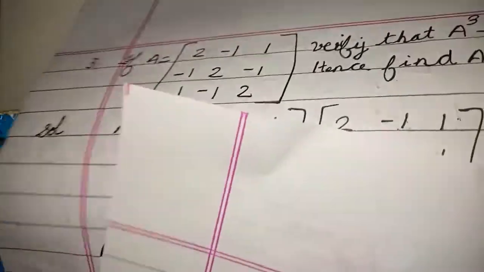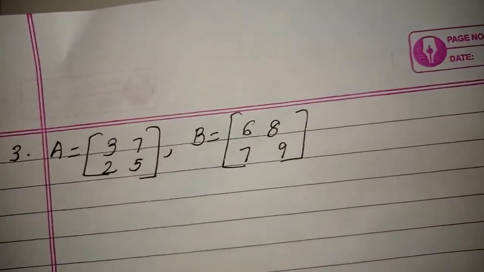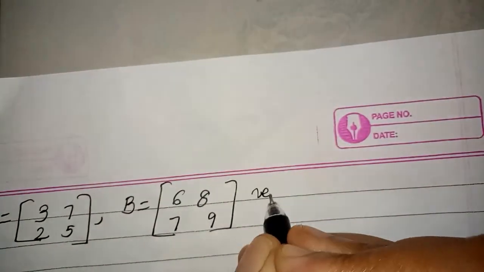Let's solve one more problem. So we'll finish with the exercise. The problem is the third one. Let A is equal to [3, 2; 7, 5]. Let B is equal to [6, 7; 8, 9]. You have to verify